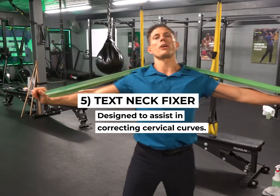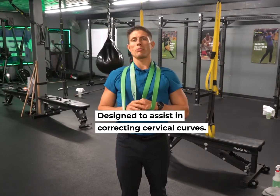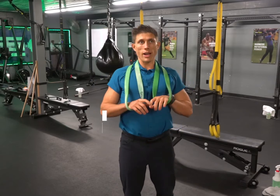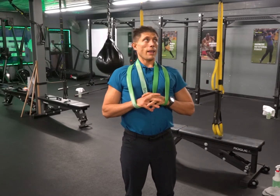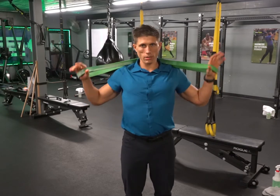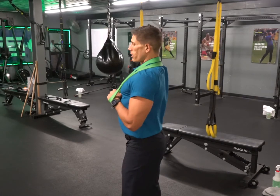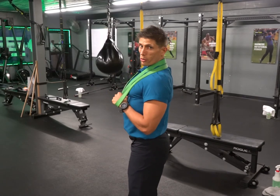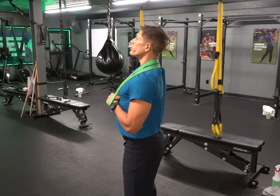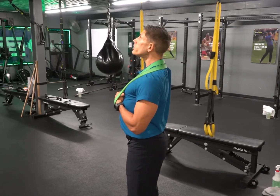All right, ladies and gentlemen, this is the exercise that everybody is asking me about, and dare I say, I am incorrectly teaching, or they're getting wrong. But this is how you gotta do this. I'm gonna turn to the side so you can see. You've got to unlock the cervical vertebrae here, so you've got to stick your head all the way out, keep your upper body still, stick your head all the way out,